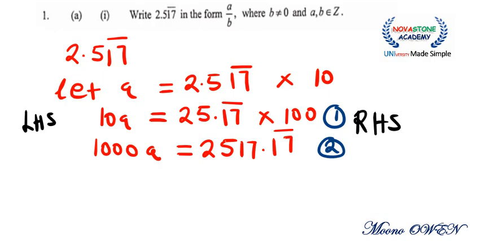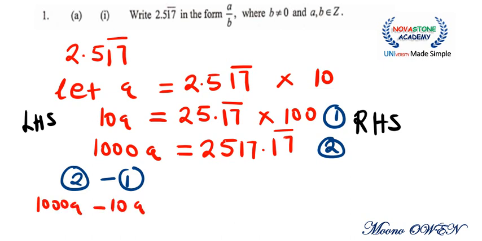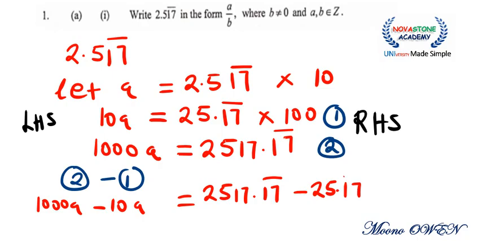Then we're going to subtract equation number 2 minus equation 1. I'm going to start with my left hand side. If I subtract 1000a minus 10a, what am I going to get? Then I come also to the right hand side: I subtract 2517.17 repeating minus 25.17 repeating. Now 1000a minus 10a gives me 990a, and this will be equal to